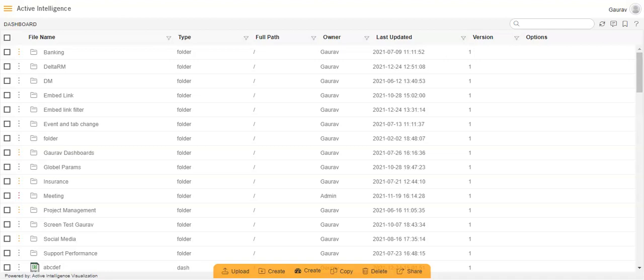In today's video, I will be giving the demo of how we can create a group data set in the dashboard in AIV. So let's get started. Now, a group data set is used in a condition where the data coming from the data set is huge, and as the data coming from the data set is huge, a lot of time will be required to refresh that data.